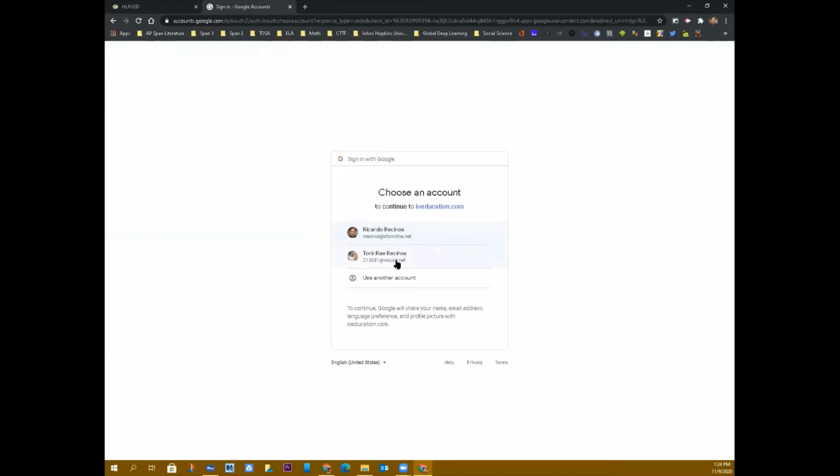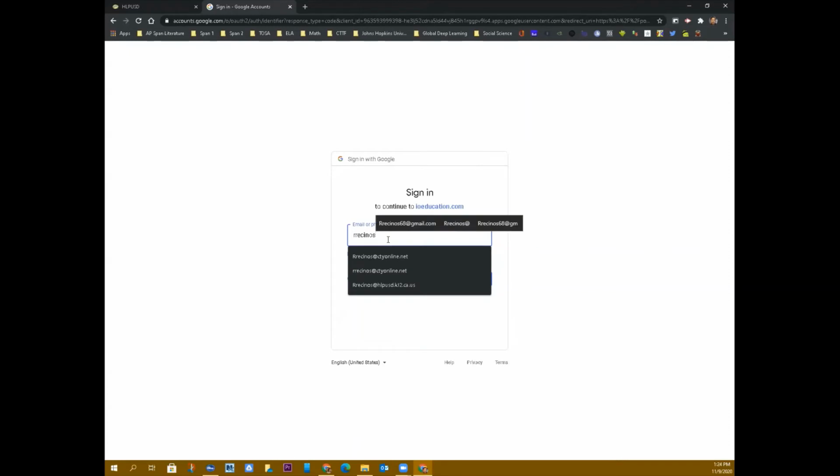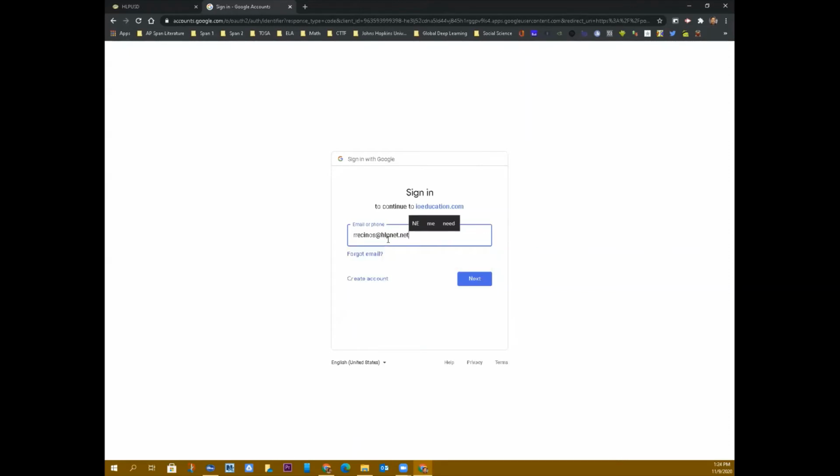And then once they get here, this is very important. We have to make sure that they log in using their hlpnet.net Google account, right? So I'm going to go to use another user and I will type in my info here. Again, hlpnet.net, and I'm going to go next. And now my password. And for a lot of our kids, they might have trouble remembering what their password is,